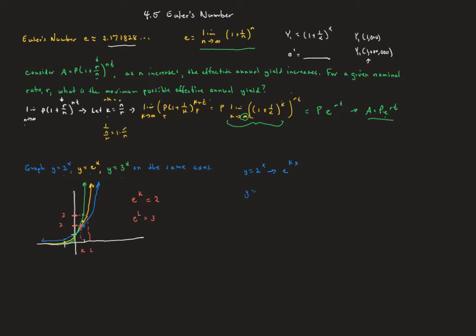We called this with, I think I did that in green, so let me switch back to green so I stay consistent. Since we could also say this y equals 3 to the x, we could write as e to some number, I'm not sure what, l times x. The point being, any exponential